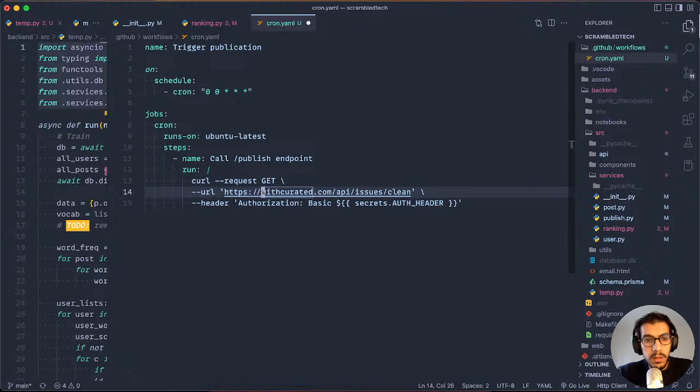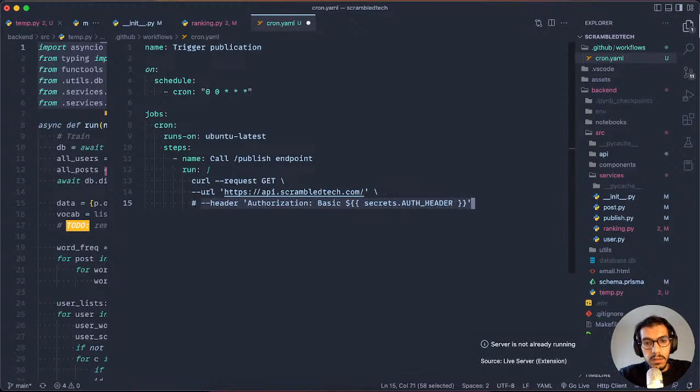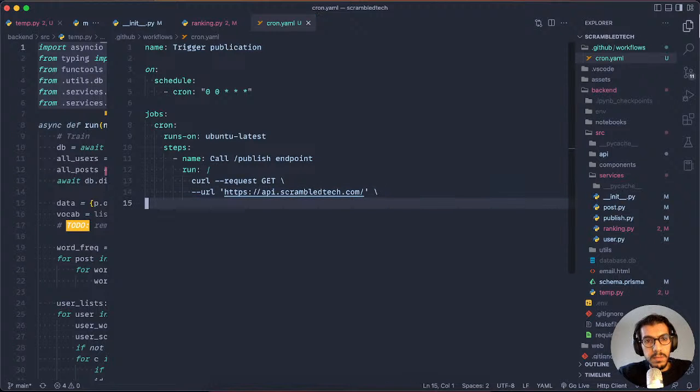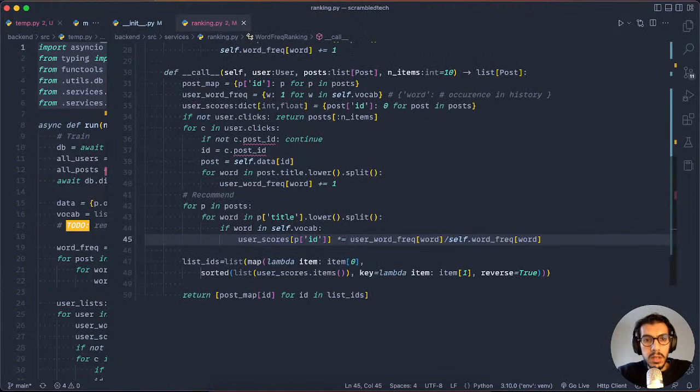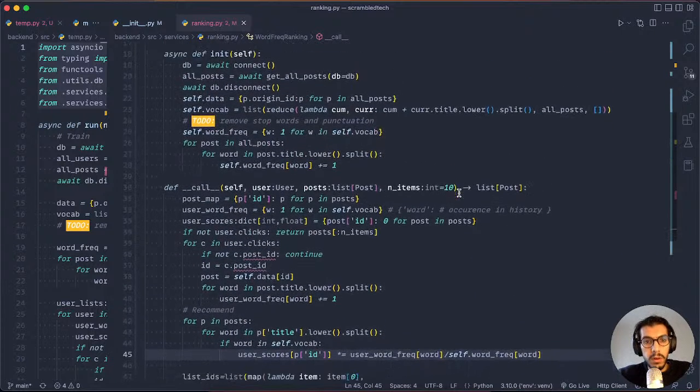request get URL is going to be api.scrambledtech.com, and the header, there's no header for now. Does it work though? No, I don't think so. Cool. So we got that. Okay. So what is the problem? The problem